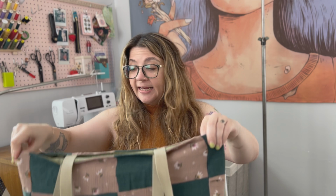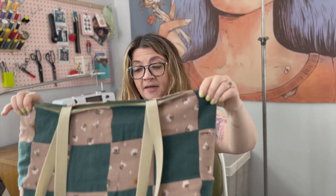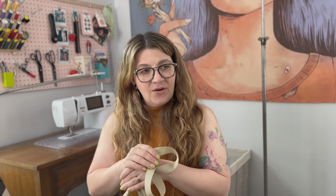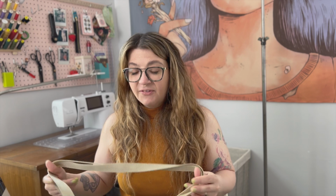I also played with the size because the other ones that I've made, I've done different sizes. So I'm almost happy with how I'm thinking about the process as I'm making it, so that it can be as good of a video as I can make it. But I think I'm going to make one more just to be sure that I have all the steps right. And then I'll be making that video, which I'm excited about because it's a fun scrap buster project, and they're